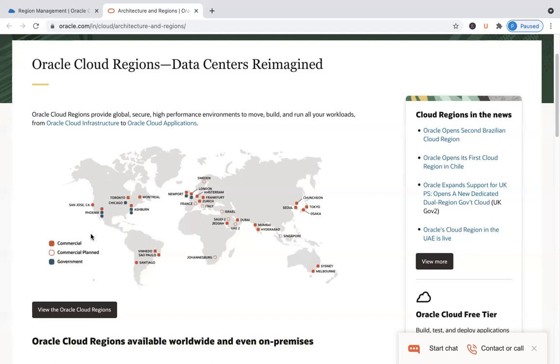Okay, so most of the regions that you see here, you see the spread is really good. You've got a few in Asia, some in North America and Canada, a few in Brazil as well, UK, Europe, and it is fast expanding as well. Some of these are commercial, and some of them are government, which means they're typically used for government related projects. And at some point in time, you'll have to take that critical decision of where exactly you're going to